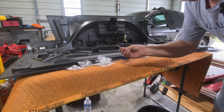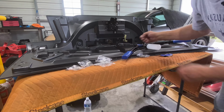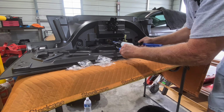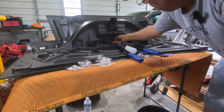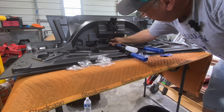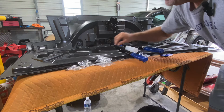I got it in there, and I made a mistake. When I pushed it the first time, I didn't get it far enough back for it to get another hold to clip this off. And there we go. Our lock cylinder, our rivets in there. So now we've got to put one here. And I believe,